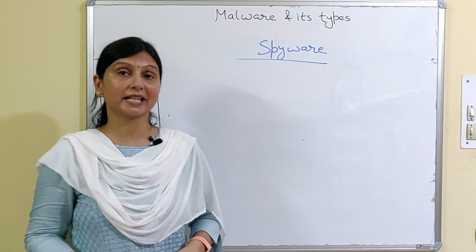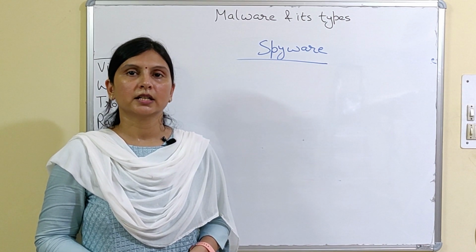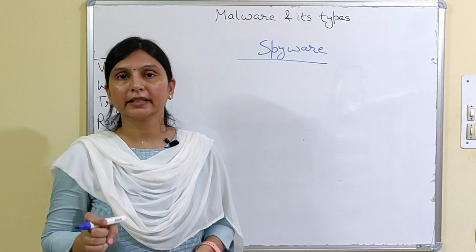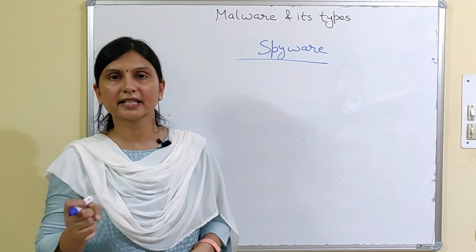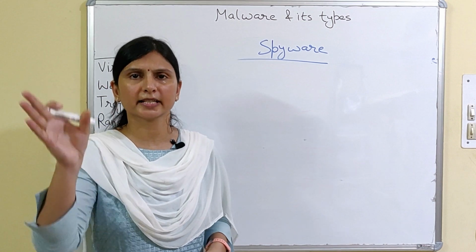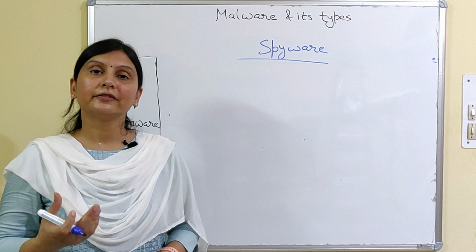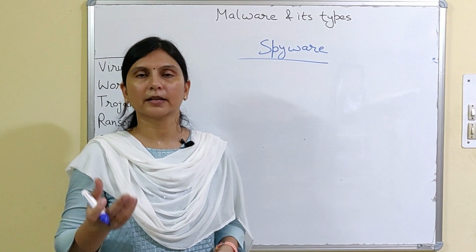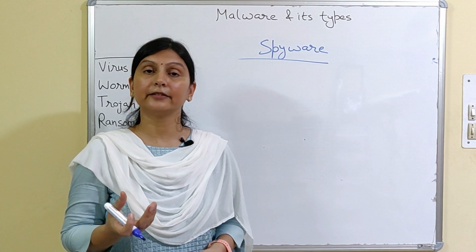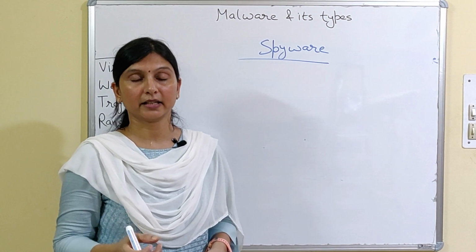Spyware functions the same as any spy. What does a spy do? A spy monitors somebody, observes someone, and it steals the information or catches the information and passes it to someone else. In the same way, spyware are very small programs, not large programs, designed for some specific machine to target somebody.